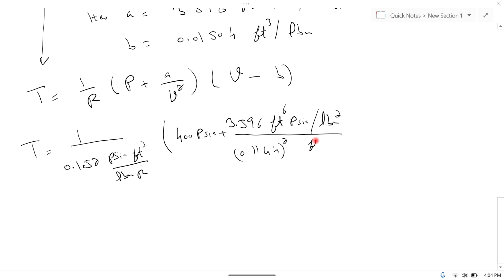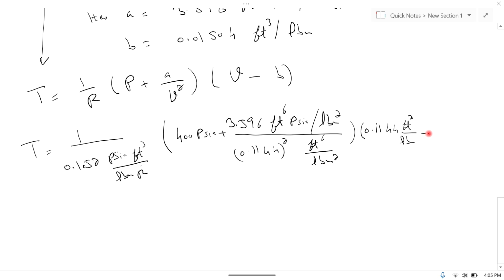So this is squared, giving feet power 6 per pound mass square, because it is the square of feet cube per pound mass. And then V minus B. The value of V is 0.1144 cubic feet per pound mass minus 0.01